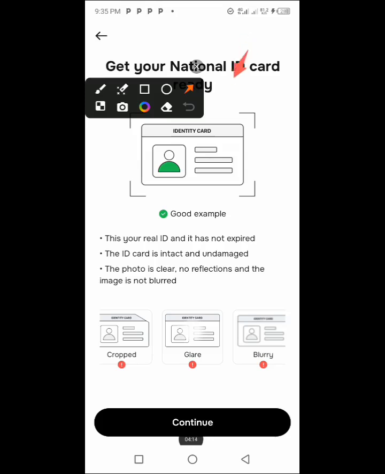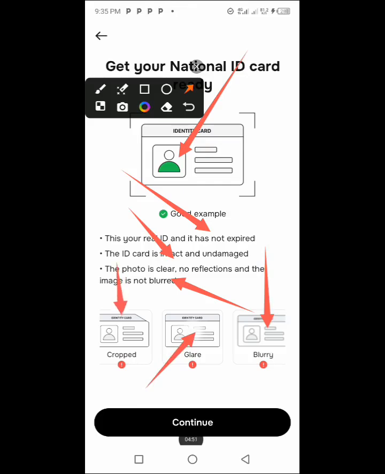Now you have to ensure that while you're snapping it, you snap it properly so that the details in the card are well positioned in your camera. All right. And now you have to know that the card must not be an expired card. It should at least have your face in it, your date of birth in it, and it shouldn't be a damaged card, and the face should show. All right, and it shouldn't be blurry, it shouldn't have glare like this, and it shouldn't be cropped. You have to just snap it the way it is and then